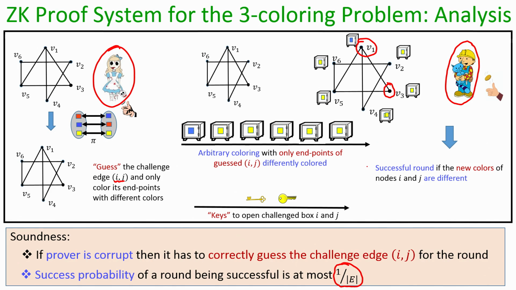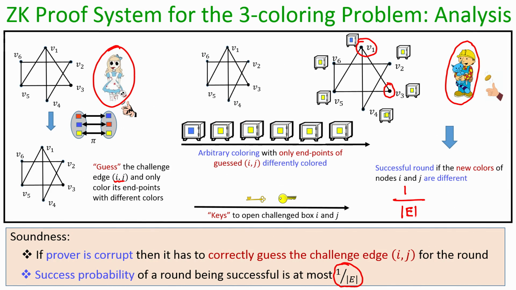That means the only way Alice, without even knowing the 3 coloring of the graph, can successfully pass all the k rounds is when for each of the k rounds she can guess correctly in advance the challenge (i, j) which Bob will be asking in each round, and the success probability of guessing that in one round is 1 over the size of H. So, the probability that she can do it in all the k rounds is nothing but 1